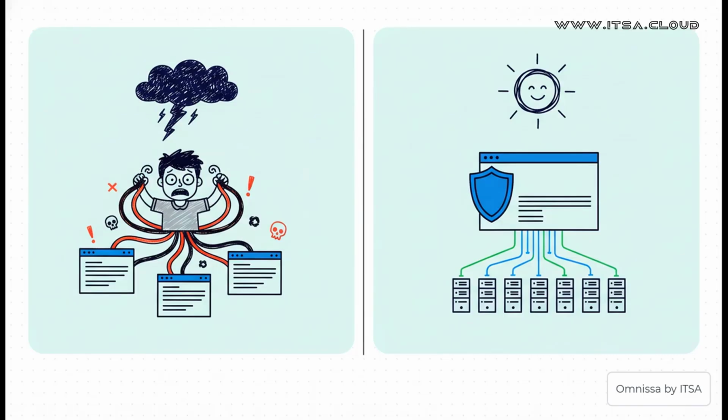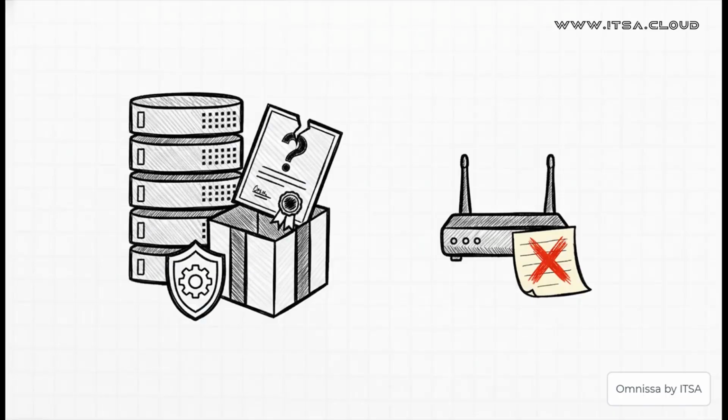You're juggling manual configurations, command line tools, and one wrong move could expose you to something nasty, like a man-in-the-middle attack. But what if you could trade all that chaos for centralized control, where security is streamlined and it's all handled right from your console? And the source of all this potential chaos? It's something deceptively simple. The default certificates that come with every fresh Horizon installation.